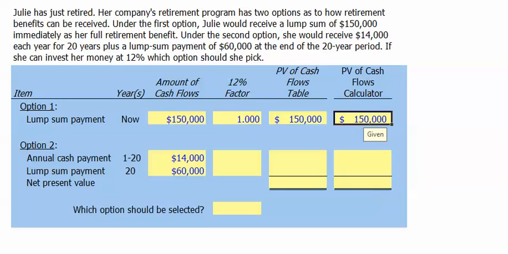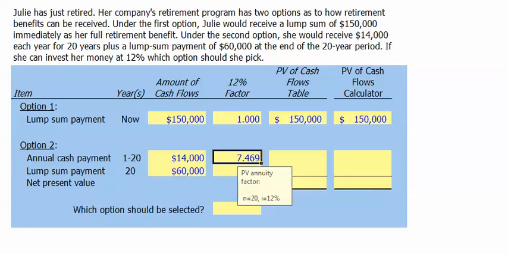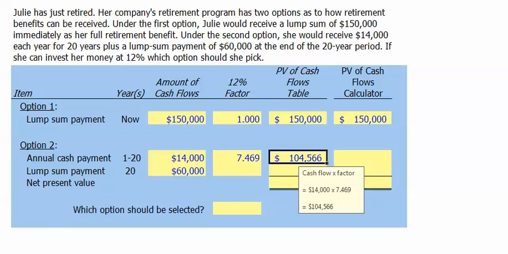For option 2, the annual payments from years 1 through 20 of $14,000 a year represent an annuity, and we need to find our present value annuity factor for 20 periods at a 12% interest rate. That present value annuity factor is 7.469. We multiply that present value annuity factor by the $14,000 a year cash flow or payment to get a present value of